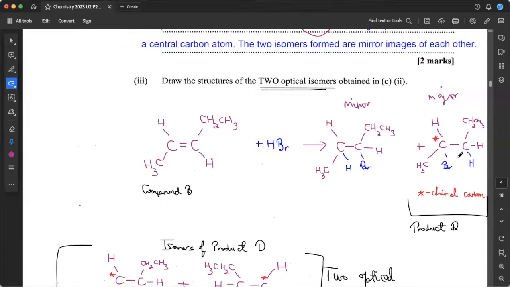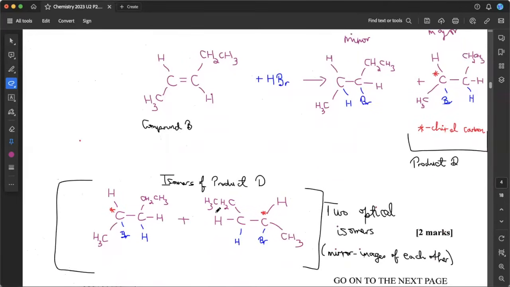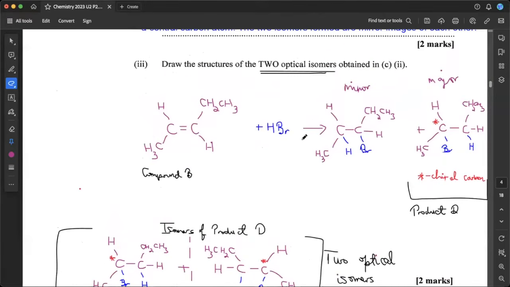It will have a mirror image of it that I've shown down here, right? So this is our major product with that chiral carbon. It's gonna have a mirror image of it, in equal amounts, that's what the question told us. And so here we see that whatever was on the left over here is on the right, and whatever was on the right is on the left. It's just a mirror image of it. So you can imagine there being a mirror here in the middle, and it's just flipped. So these are the 2 optical isomers that are gonna form from the addition of HBr